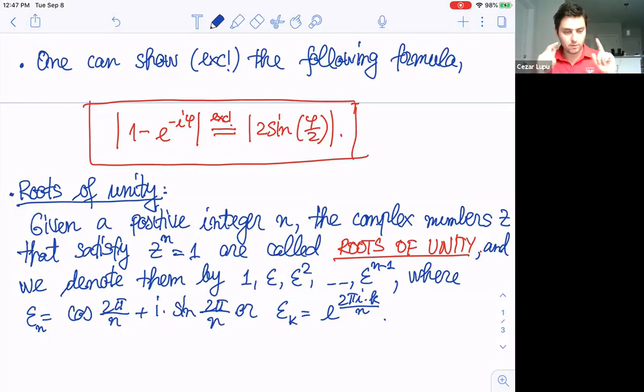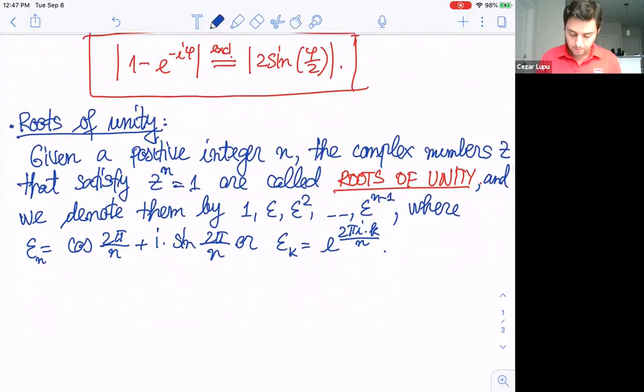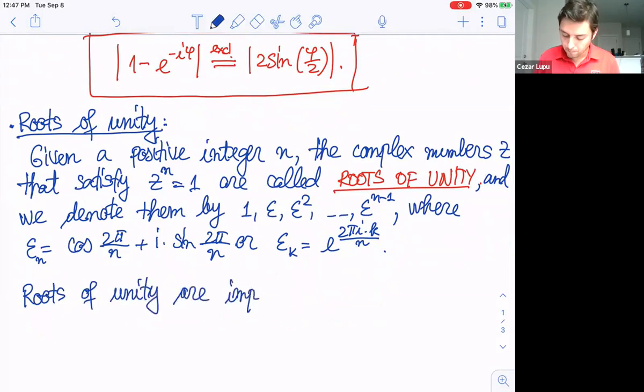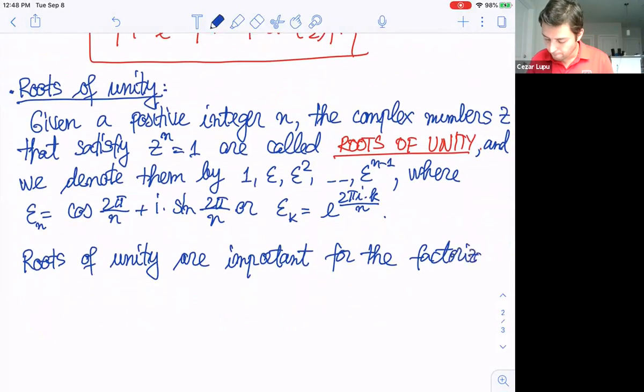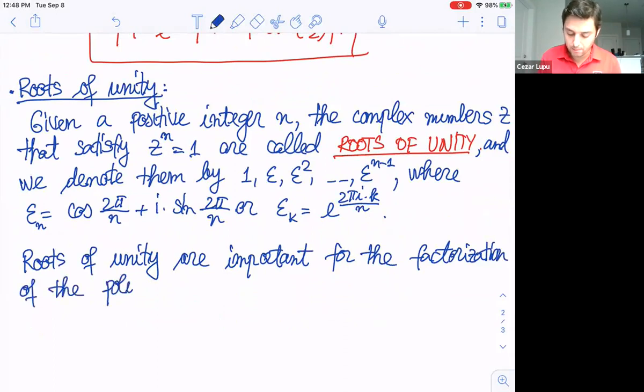this will be the affixes of the regular n-gon, next time, when we will see their applications in geometry. But also from the algebraic point of view, these are very important for factorization of polynomials, and especially roots of unity are important for the factorization of the polynomial, since we're going to talk about the polynomials today,